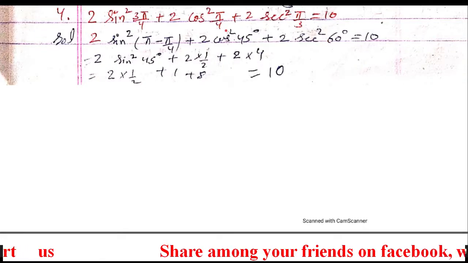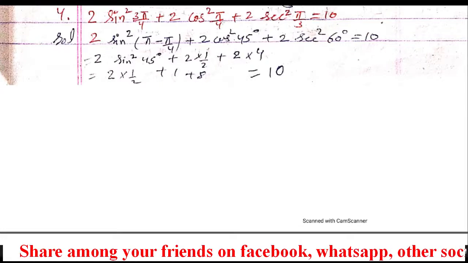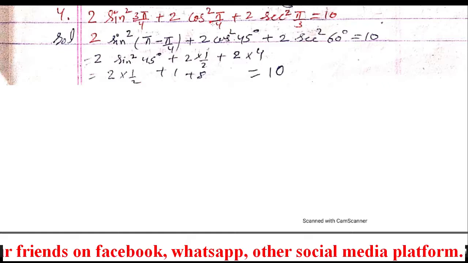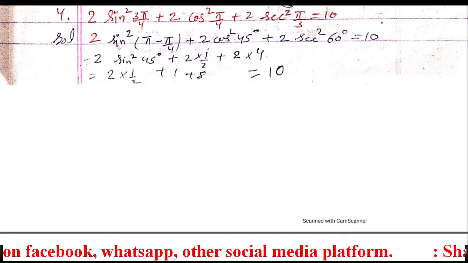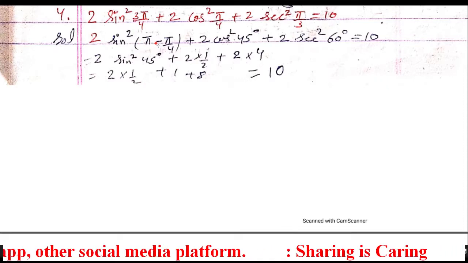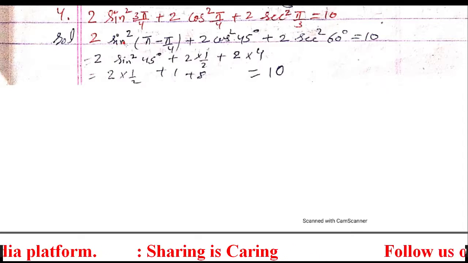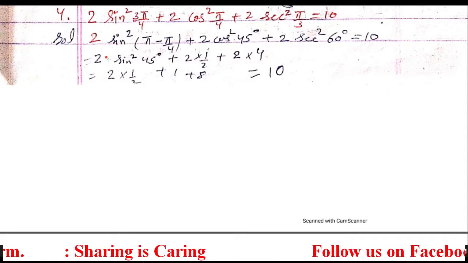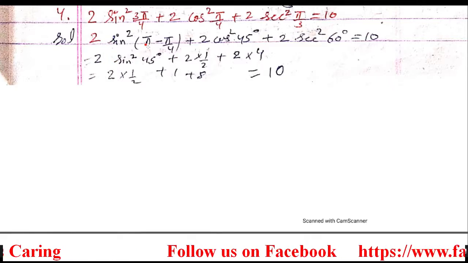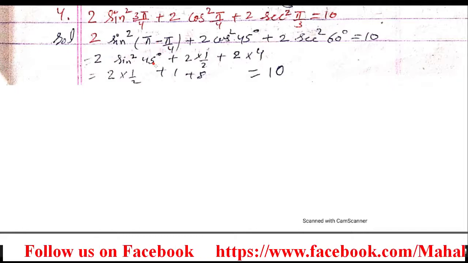I converted them into the degree measure because some students are not comfortable with the radian measure. It's not necessary, you can put directly values also. Now in the next step, here it's pi minus pi upon 4. So pi minus means we are moving to the second quadrant, and in the second quadrant students, sin is positive. So sign is positive only, and pi means the trigonometric ratio will not change. That's why sin remains sin, and pi upon 4 means 45.